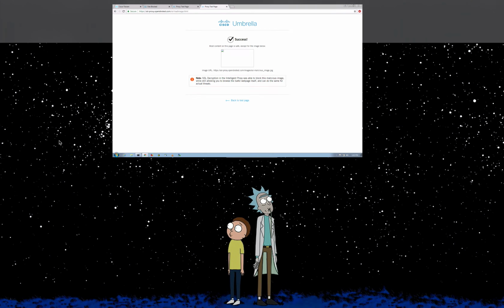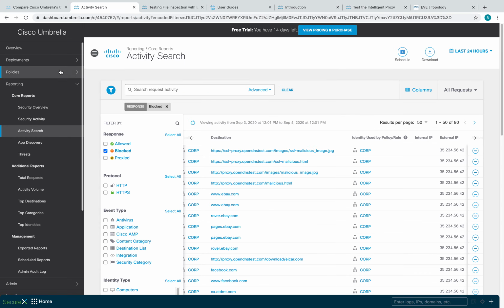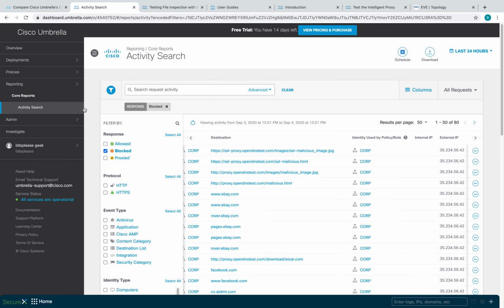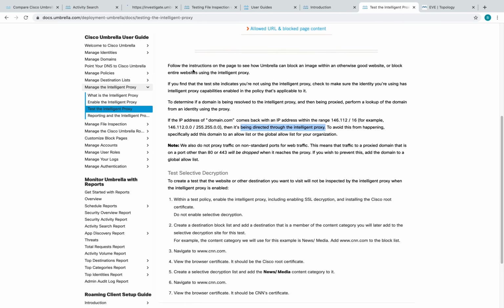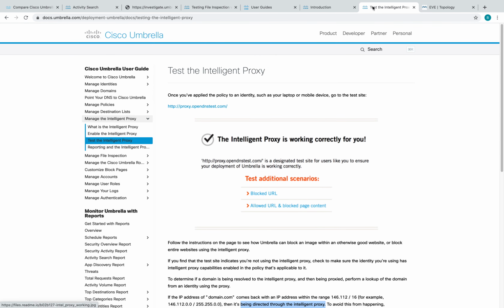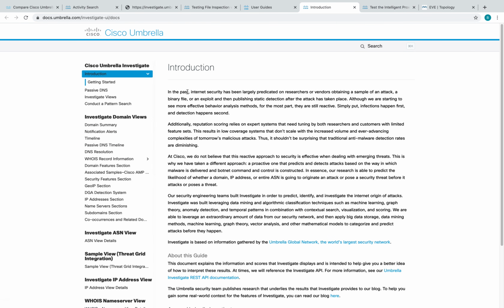Now the last thing which I want to show you is what we call the Umbrella Investigate function. Pretty cool function again. So it's over here. You just click on this and it opens up here. And let me show you a little bit of documentation around that as well. So I think it's here. Yeah, Umbrella Investigate. So what this really does is